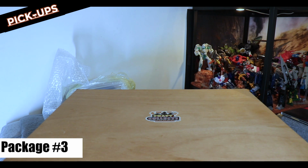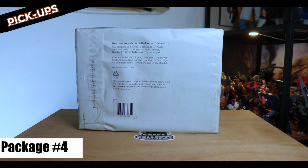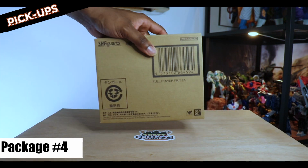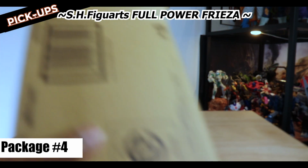Ooh, nice. Yeah, got another Hobby Genki delivery. This was the second order of 2 full power freezers. Why do I have 2? We'll talk about that another day, but this was one that was ordered but was forced to ship right afterwards. I couldn't add it to my warehouse. Also on the top 24 list because